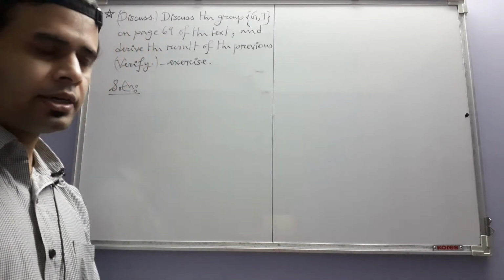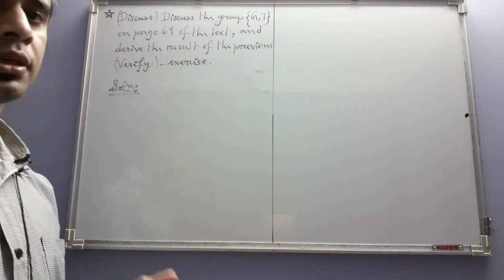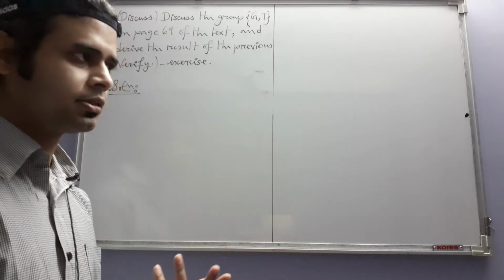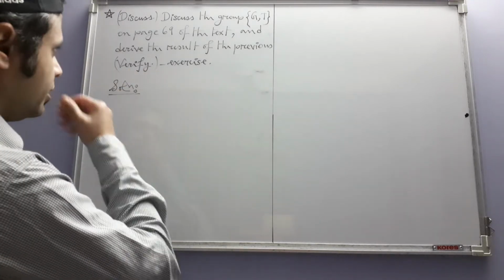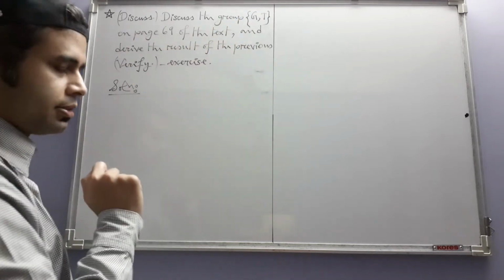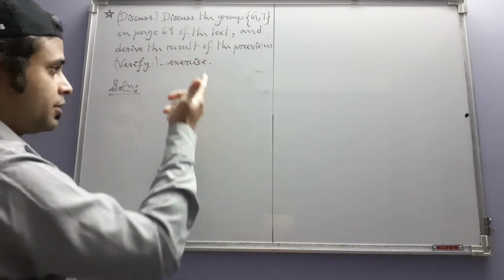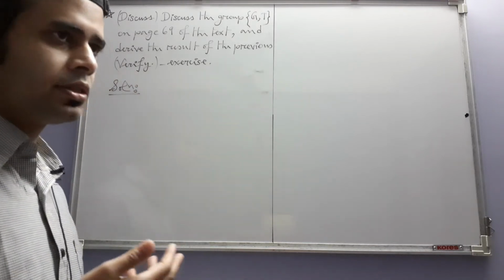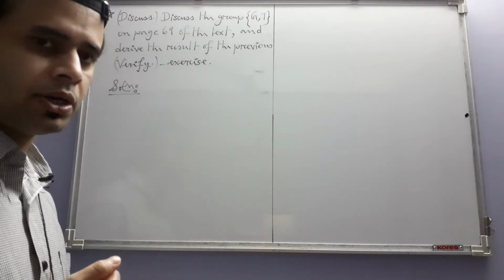Okay, so let us continue with this exercise which we are calling a discuss exercise. It helps to give some special names to these exercises that we are in fact making because, for example, you can see here, discuss the group on page 69 of the text and verify the result of the previous verify exercise. So the previous verify exercise is the one that we saw in the previous video, where we constructed that 21 order non-abelian group,